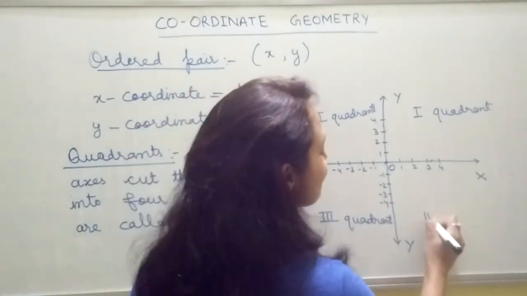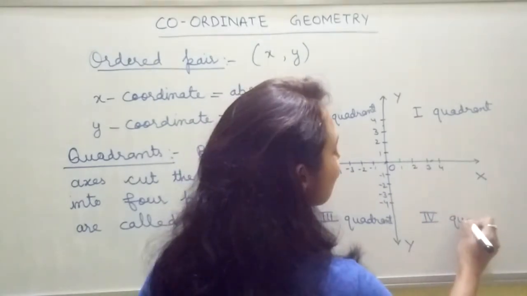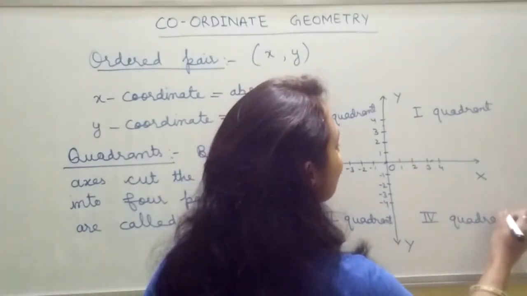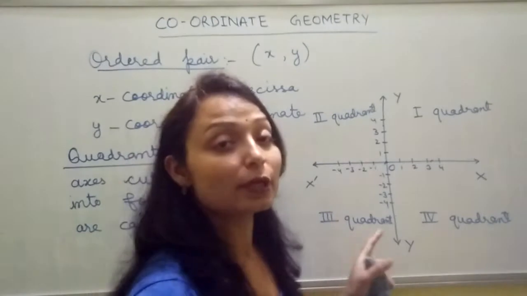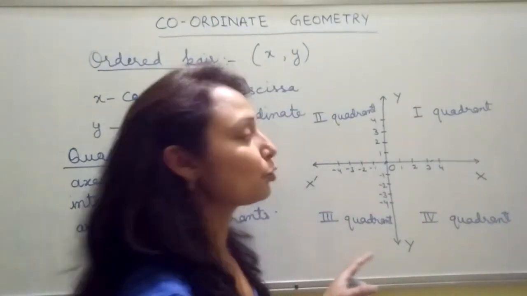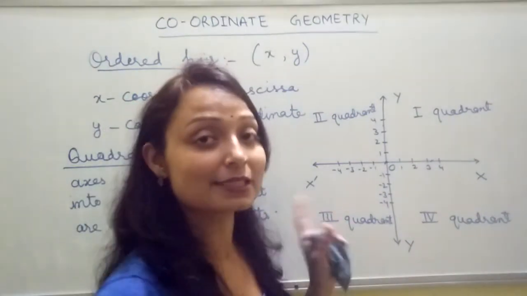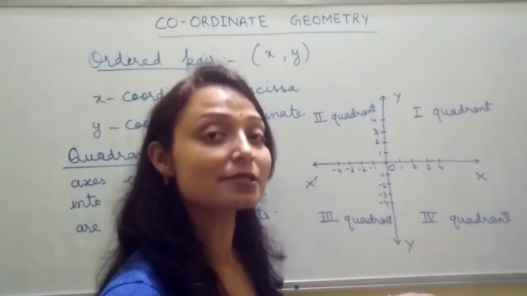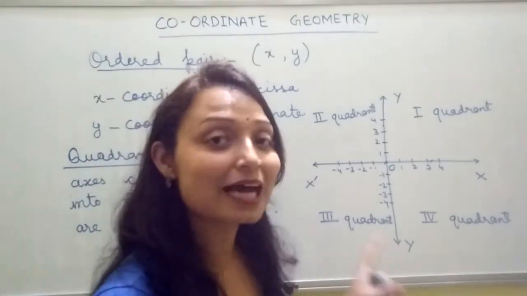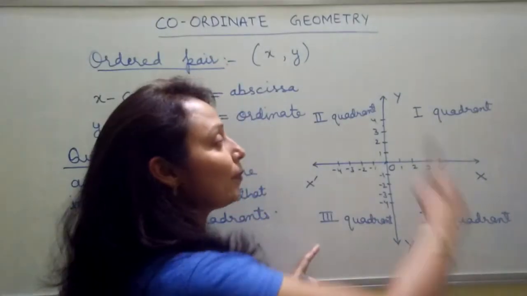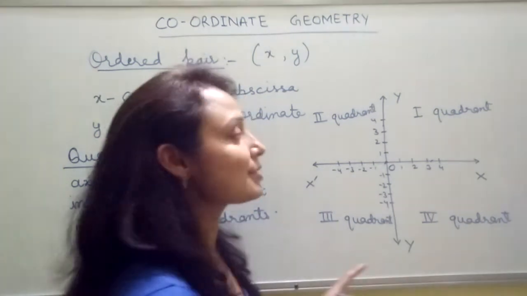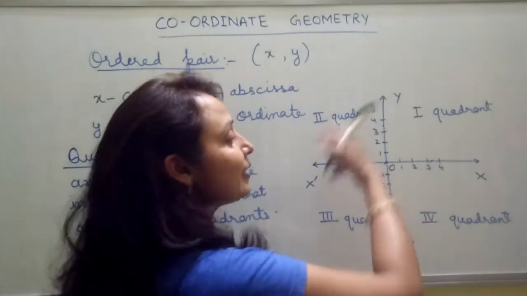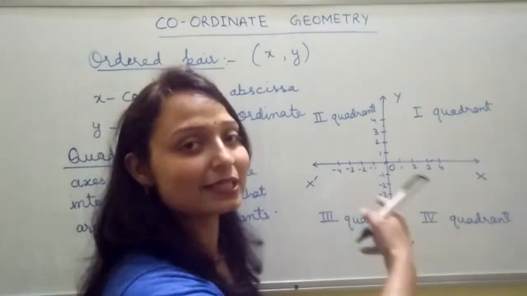And this is known as the fourth quadrant. These quadrants are very important. You should remember them till class 12th. So you should know how to plot the points. That is also very important for further chapters, and for your class 10th. So you should know how many quadrants there are. There are four quadrants and we take them in the anti-clockwise direction, not clockwise.